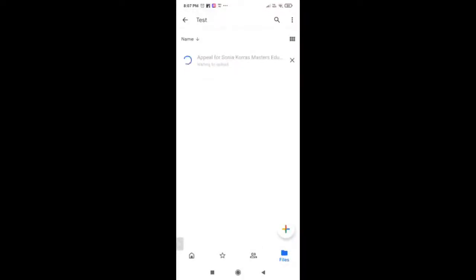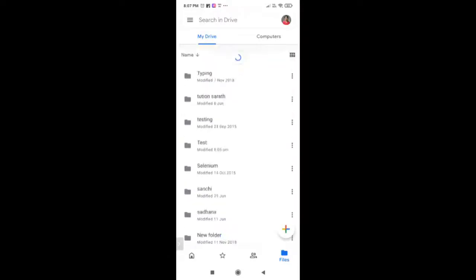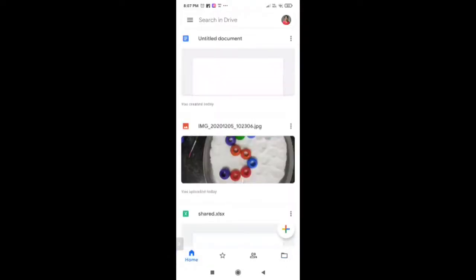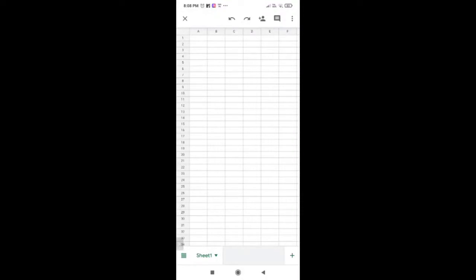Okay. In the meanwhile, I will show you how to share a file in this Drive itself. Let me show some other files since it is still uploading here. I will show you some other file that I can share with somebody else now. Suppose I have one empty Google Excel sheet, a simple Excel sheet, which I want to share